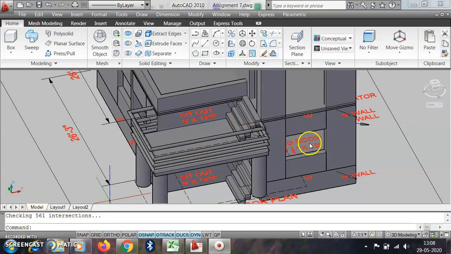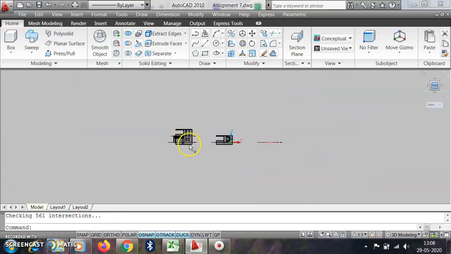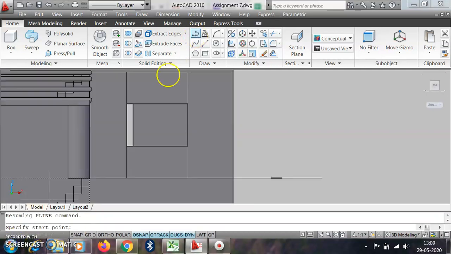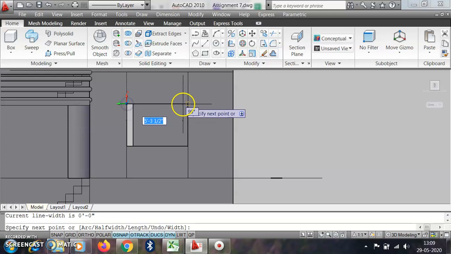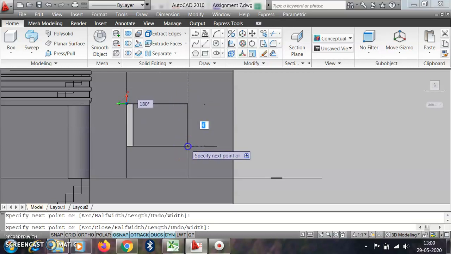Then how to draw the windows and doors? For that we have to take the projection of these doors and windows. Suppose we take the front view, then we get the front view of this window. Then using polyline draw the outer faces of the window here.